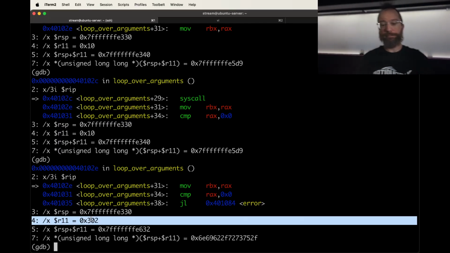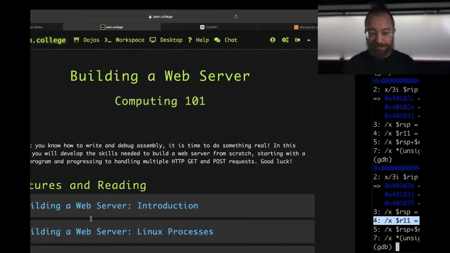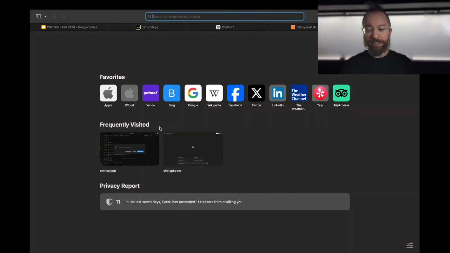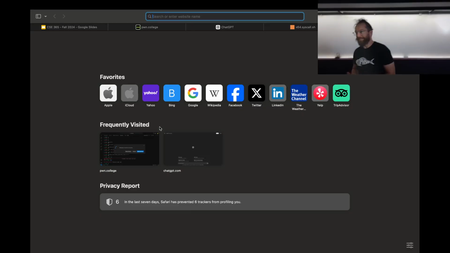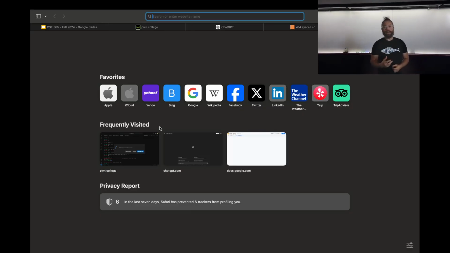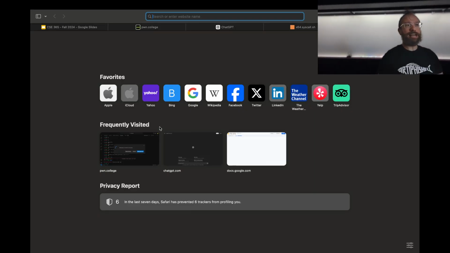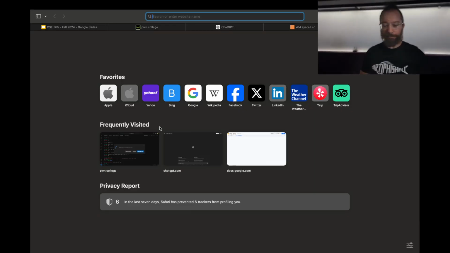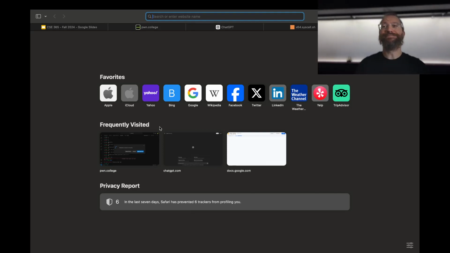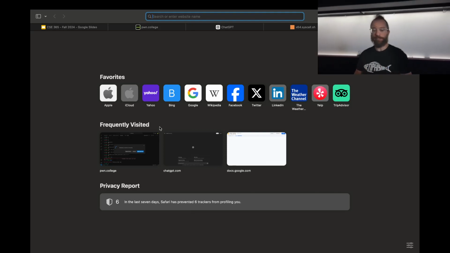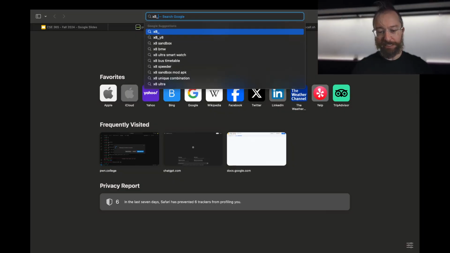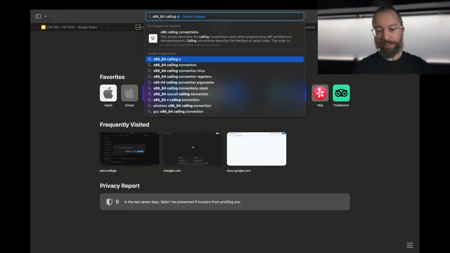Why would that happen? Well, there is an agreement that you, as a process, have with the operating system, called the Application Binary Interface, the ABI. Our part of this is the calling convention. So if you look up the x86-64 calling convention,